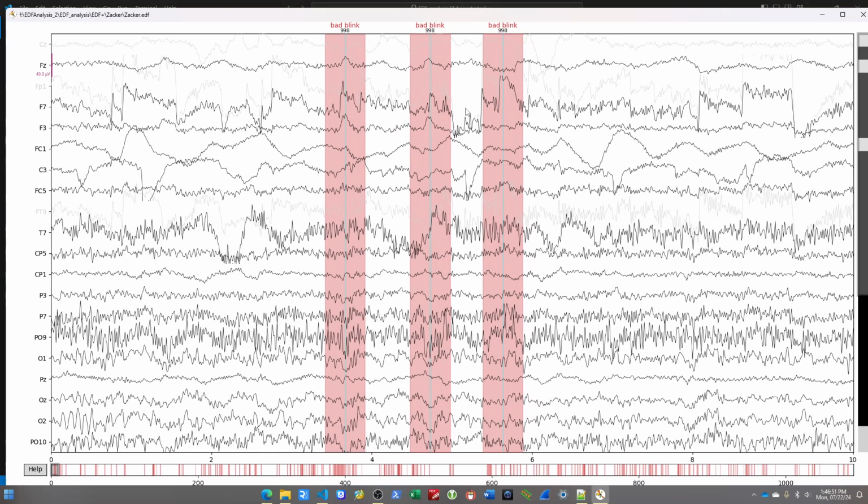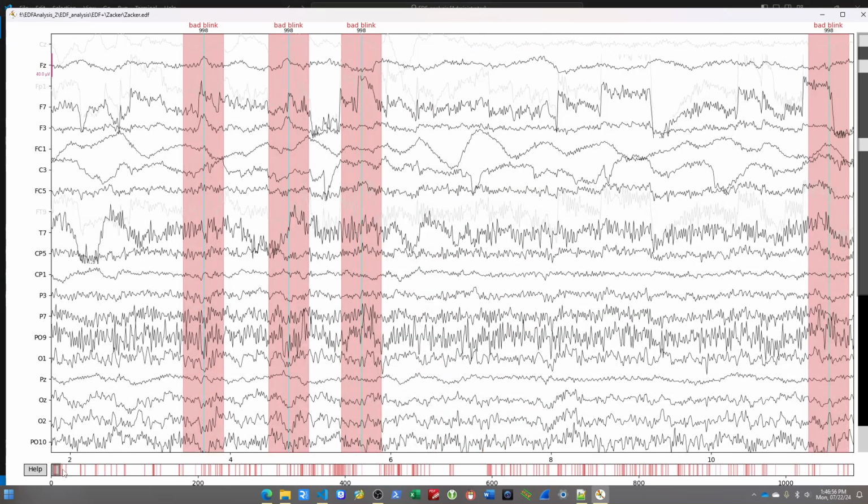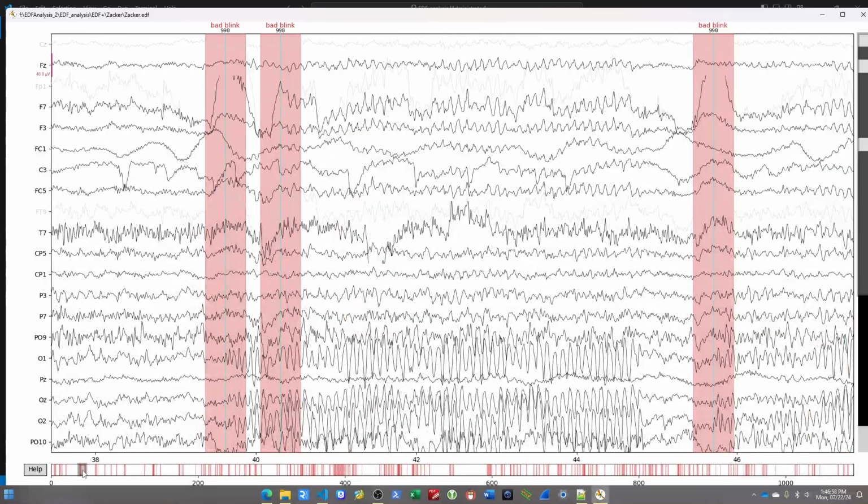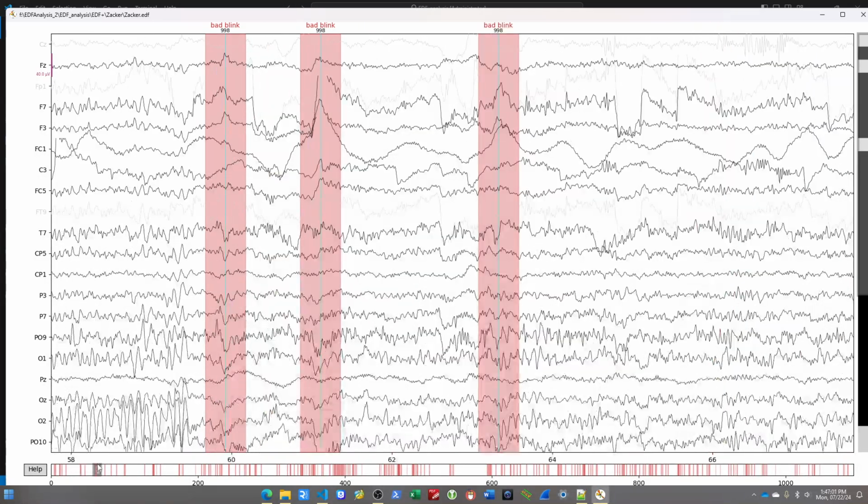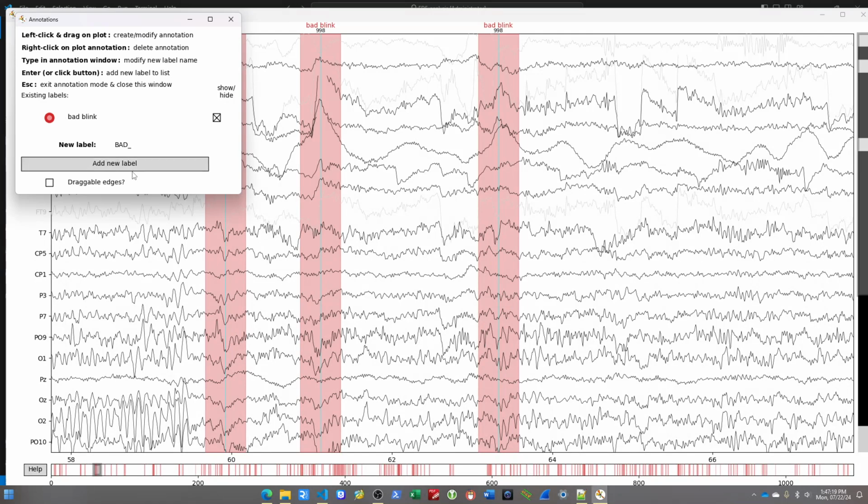Also, the code will go through and every event that it detects, like eye blinks, it will mark on the data. Now, if you find any events that should be removed, now these aren't necessarily eye blinks, right? Because these are on F7, although they also appear on, I think, FP1. So this may not have been a blink. This may have been just them moving their eye. But in any event, if you wanted to mark this event, you could do, yep, bad,